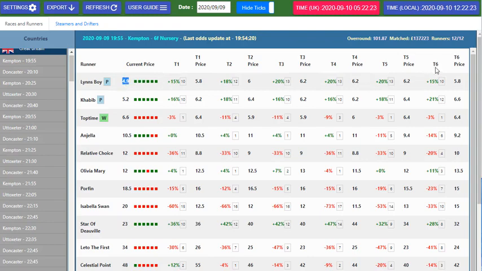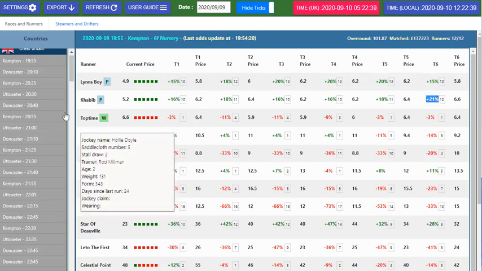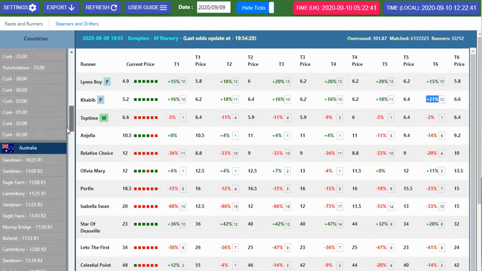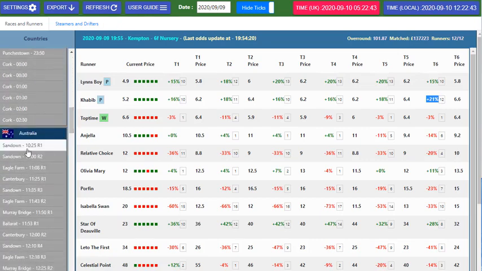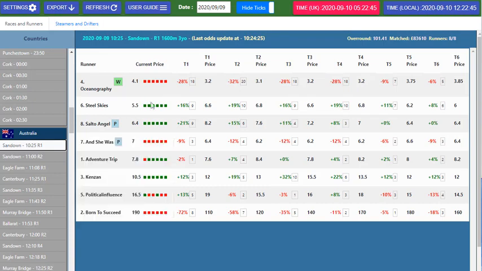Now we can go here at T6. T6 is what the price was 2 minutes ago. So we can see that in the last 2 minutes, Lynn's Boy has come in 15% and Kahab has come in 21%. So by changing that, and if we look at especially markets like Australia here, okay, we can see here now